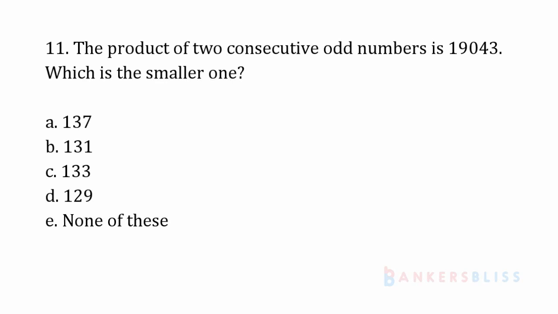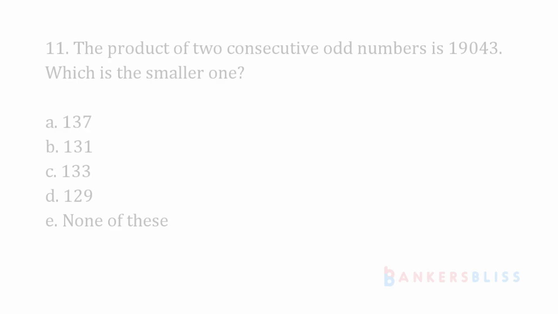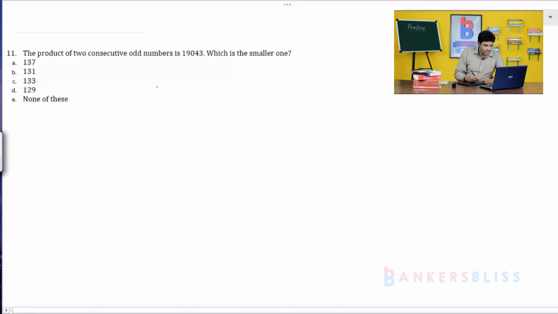Already we have discussed what we mean by consecutive odd numbers. See, the first odd number is x, then what is the next odd number? If the first odd number is 5, what is the next odd number? 7. So, what is the difference? 2 is the difference. If you add 2 to 5, you are going to get the next consecutive number. Like that, x is the first consecutive odd number. So, what you have to add? You have to add 2 to x, so that you get the next consecutive odd number.